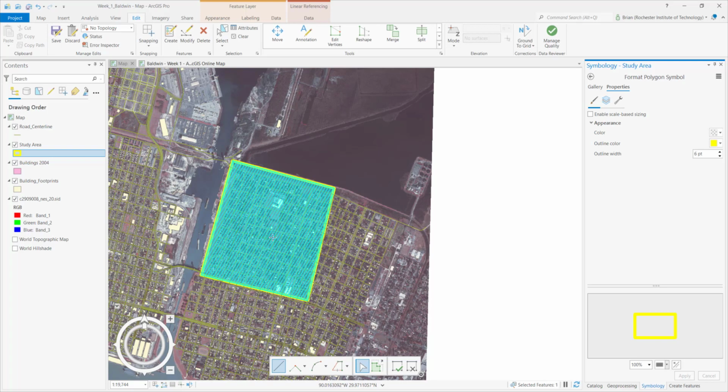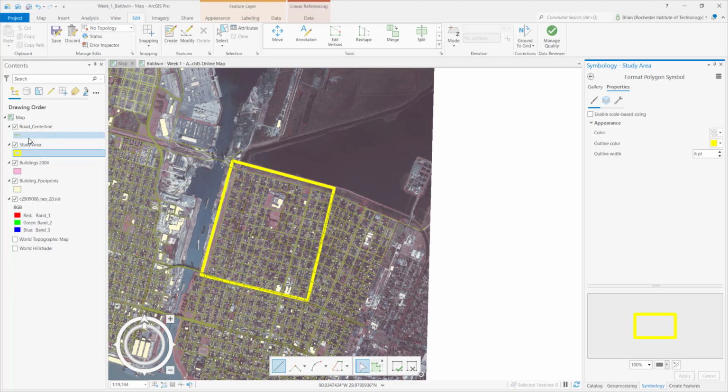And I have this study area selected still, so that's why I'm seeing that blue or the hatch. So I can clear that up here. As I hit clear, now I just have that study area outline. And you can also see some of the streets are drawing on top of it. And we'll see that change as we clip and actually just get the streets and the other features within the